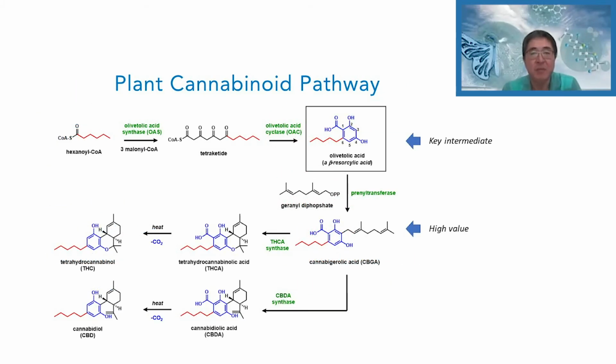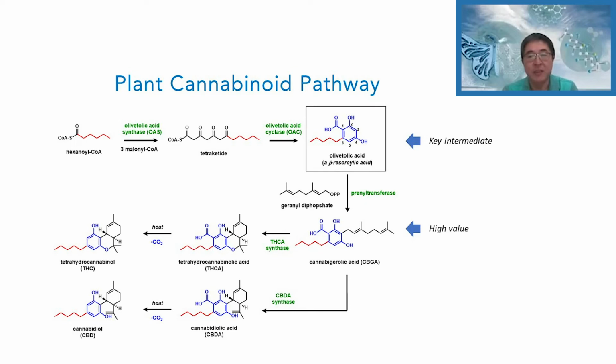So how do we produce cannabinoids? Here's a chemical view of how cannabinoids are produced. Very briefly, each compound is made by a set of 4 enzymes. They start with olivetolic acid synthase, followed by olivetolic acid cyclase. These 2 enzymes will make a key intermediate called olivetolic acid, also chemically known as